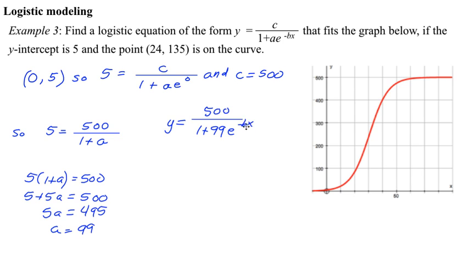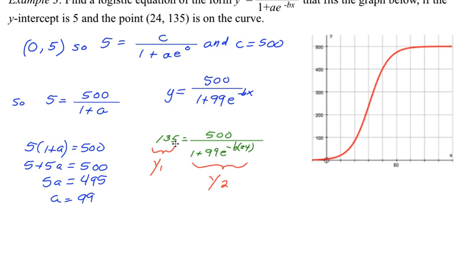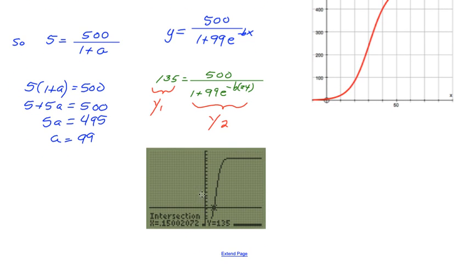Well, we still don't know what b is, so that's a problem. We need to figure that out yet, and we have not yet used the point (24, 135). So let's go ahead and plug that in. If we plug in 135 as an output value, and then we have the same thing for our right-hand side, and then we're letting x be 24. So now what we can do is plug in y1 in our calculator as 135, y2 is the right-hand side, and find the intersection point. And it turns out that those two graphs intersect when x is